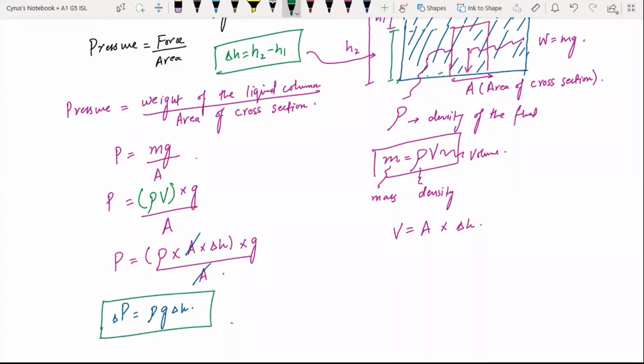The symbol that we have here, delta, is the change. Ye aap khali bhi rakh sakte hain yahan pe, P is equal to rho G